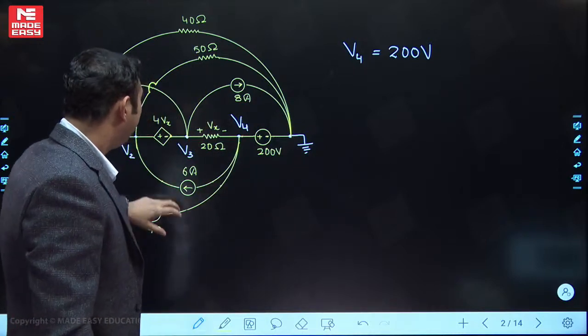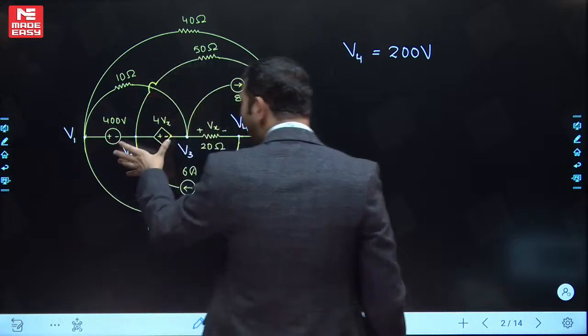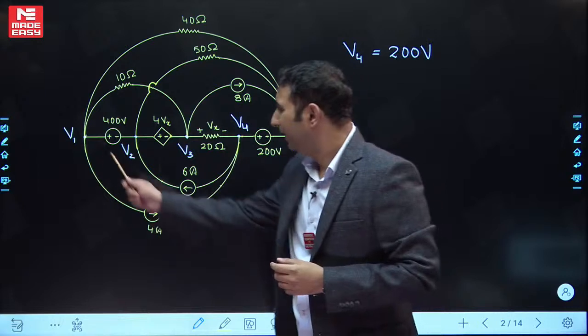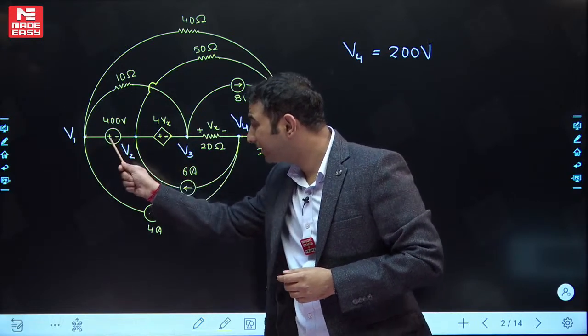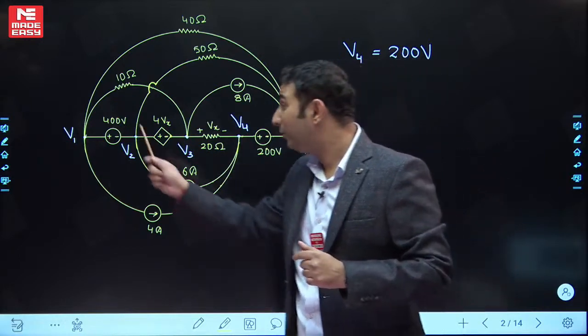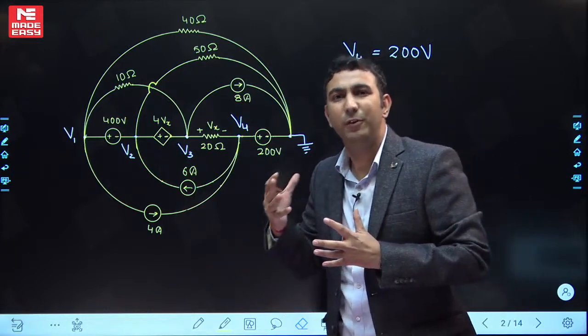Now let's develop the equation over here. When you develop the equation, you people get confused. Why, sir, why can we get confused? Because you write for this one, then you get confused, what about this one? 2 voltage sources back to back. So this time the supernode will be formed by node 1, node 2 and node 3. 3 nodes will make the supernode instead of 2 nodes.